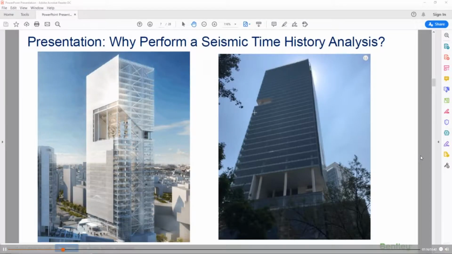We want to make sure our structure is safe. When I say safe, most of the time for seismic, we're evaluating whether our structure, or a portion of our structure, will fail. As long as that structure or portion does not fail, we consider it safe. But with seismic events, often the structure may not fail, but there could be damage to